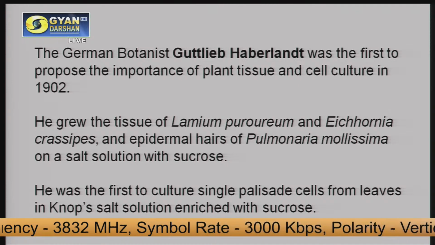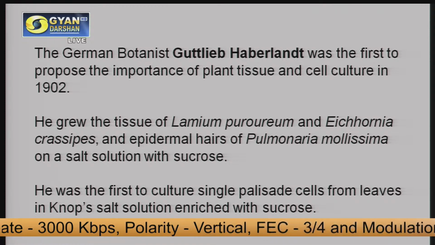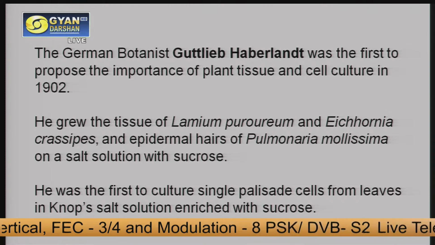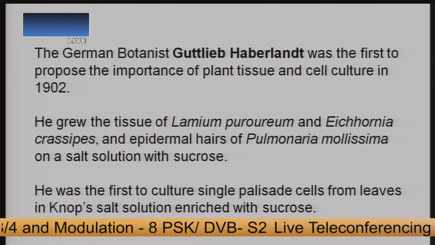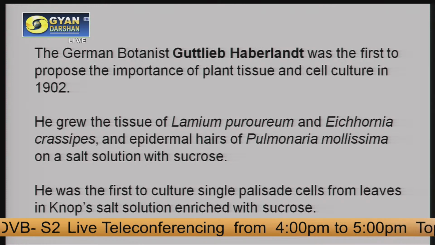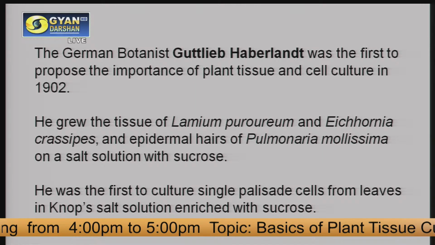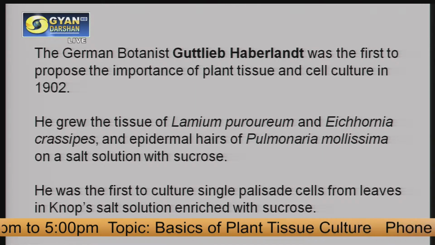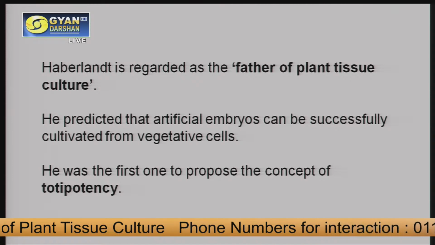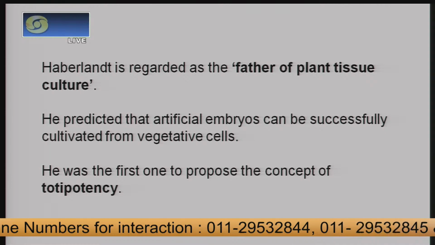He grew tissues of certain plants like Eichhornia crassipes and Pulmonaria mollissima. He took tissues from these plants and developed a full grown plant on a synthetic medium provided with a salt solution along with sucrose. He was also the first to culture single palisade cells from leaves. So Haberlandt is regarded as the father of plant tissue culture, and he also showed that artificial embryos can be